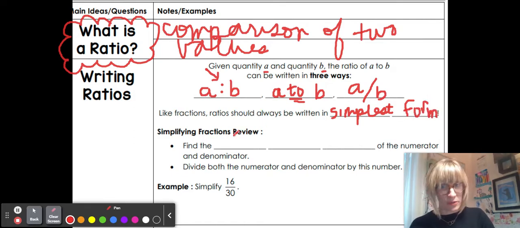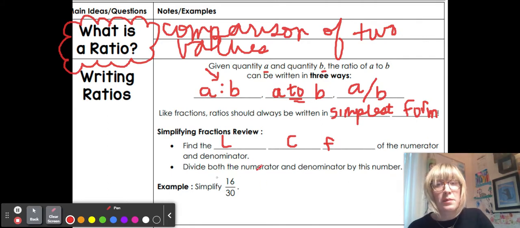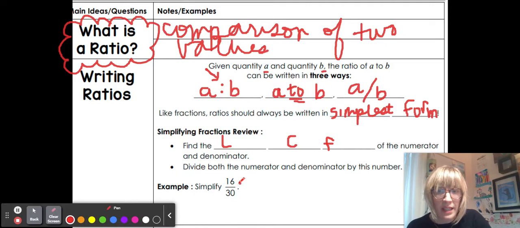So when you are reducing or simplifying fractions, or in this case, simplifying ratios, you're going to find the greatest common factor of the numerator and the denominator, right? So we can use our diva essentially to help us divide both the top and the bottom by whatever that common factor is, right? So if we wanted to simplify here, 16/30ths, we could say, well, of 16 and 30,